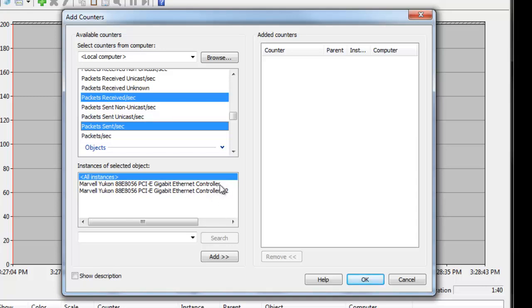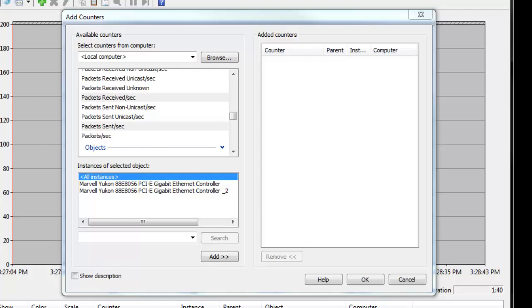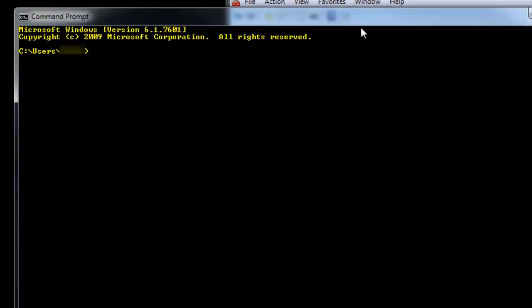Okay, so if you have multiple NICs, you're going to get two listed down here, and you may not know which one it is. This isn't exactly intuitive, so here's a little trick for figuring this out. Bring up a command prompt, either start, run, type CMD. Now that we've brought up a command prompt, we're going to type ipconfig /all.